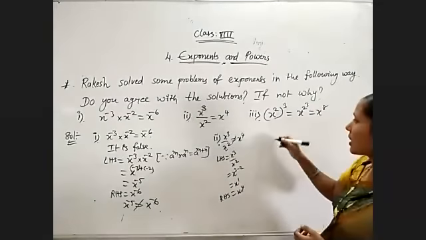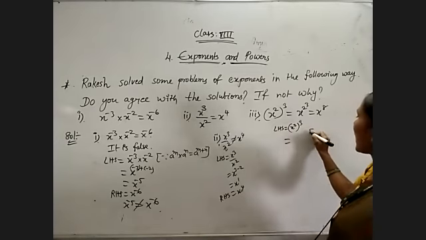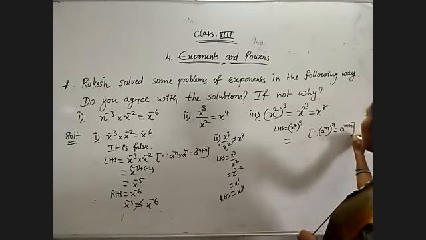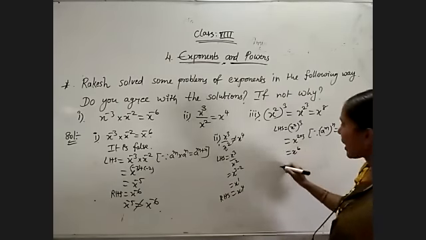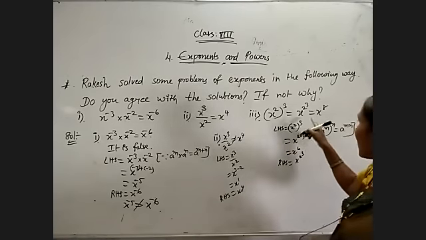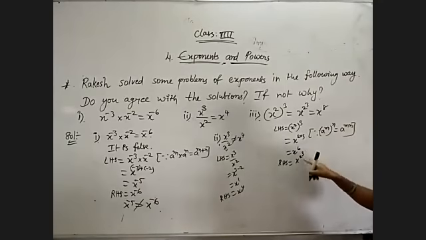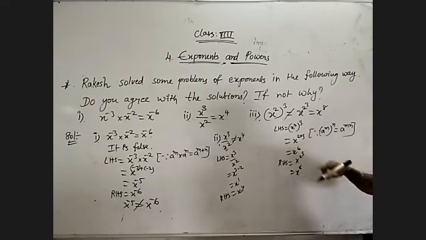Try to write this one also. The LHS of this equation is x square whole cube. That is a power m whole power n is equal to a to the power of m into n. That is x power 2 into 3, so x to the power of 6 we will get. But observe the RHS side. x power 2 cube is one RHS and x power 8 is another one. x power 2 cube is different. Okay, not like this. So x power 8 we will get here, that is x to the power of 2 cube, that is 8. Both are not equal, but these two are equal.